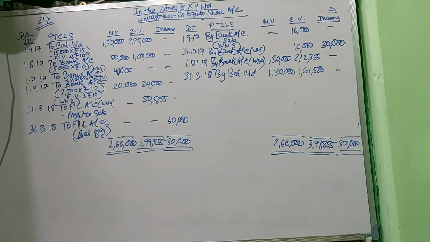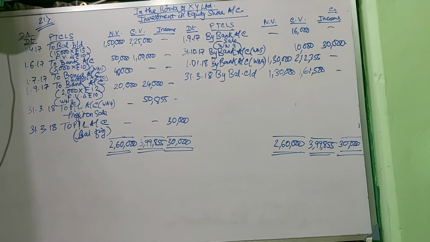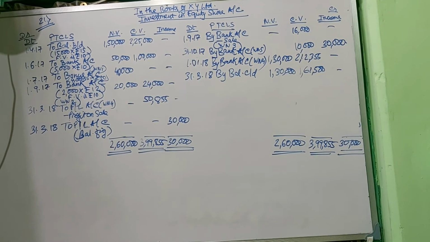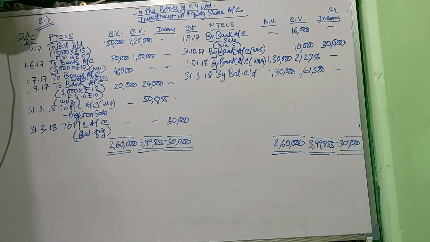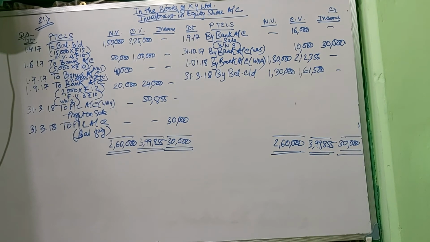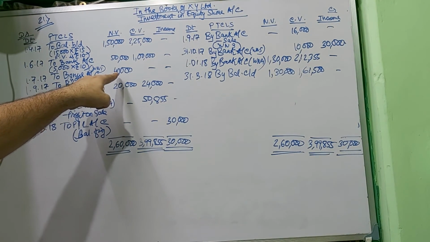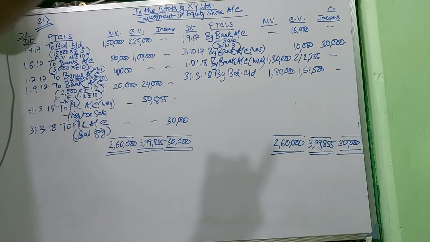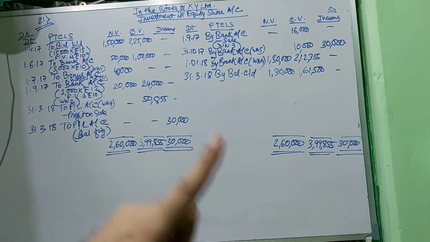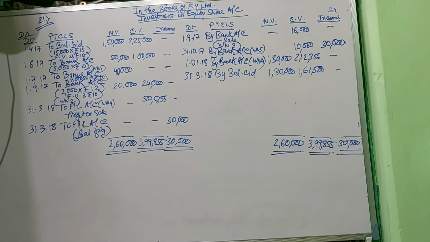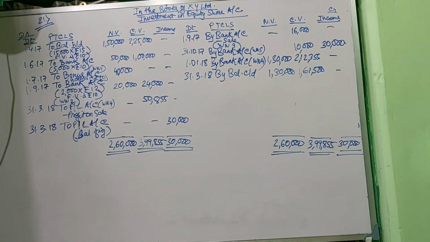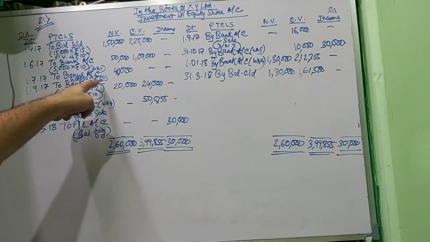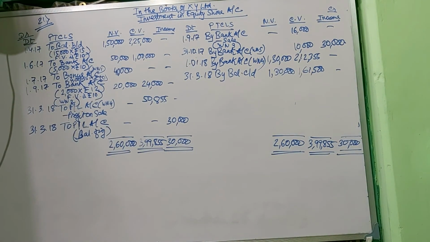This is the sum. I hope you all understood this sum. It's not so complicated, only on the basis of shares you have to remind, and you can do it all by yourself. I made a mistake. 4,000 is your bonus share, which I calculated at the beginning. It should be paid on a nominal value, means 10 rupees. So 4,000 into 10 means 40,000 is your nominal value.